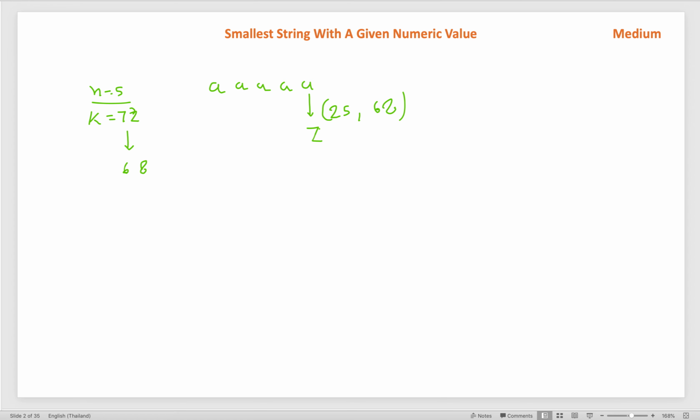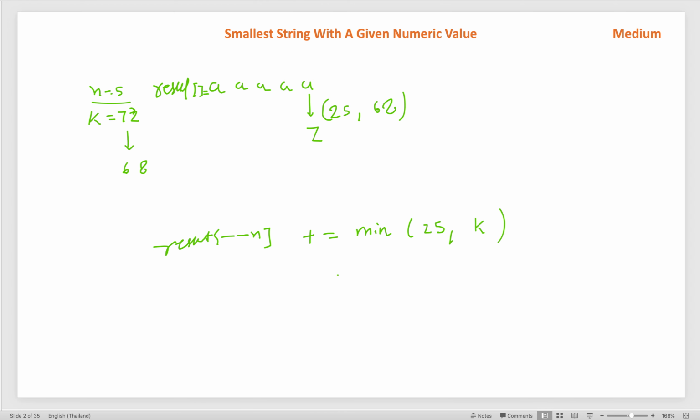Whichever is minimum, we will add into the last character, then this character will become g, and subtract the minimum from the k. So first step, we will add in our last character. Let's say I call this a result, we will create an array of characters so that we can easily add up. So we will create a result, then we will do result of the last index, which will be at n minus 1. We will add up the minimum of the 25, so that it may become g from a to g, or the k.